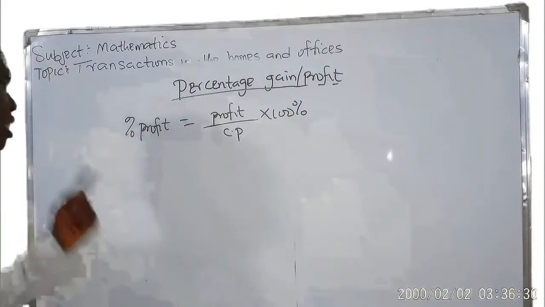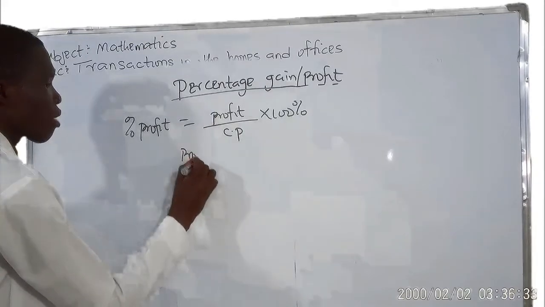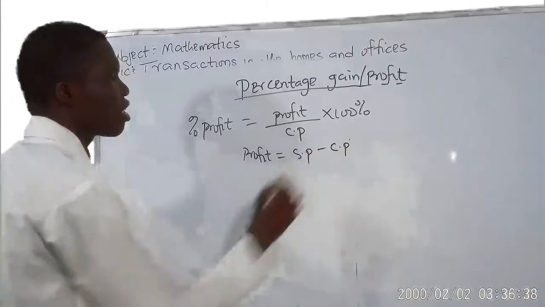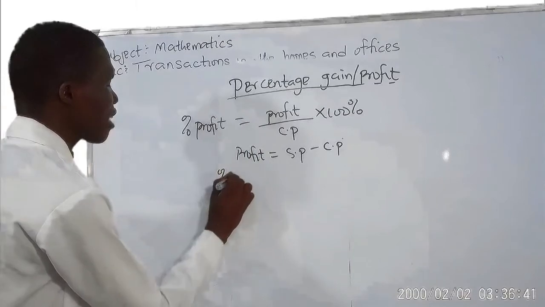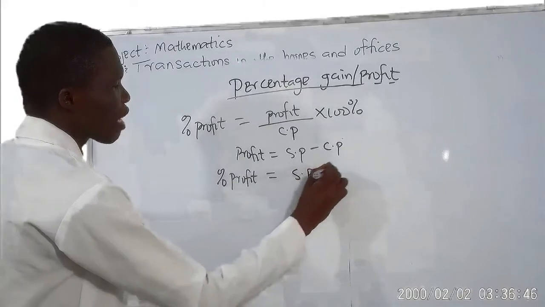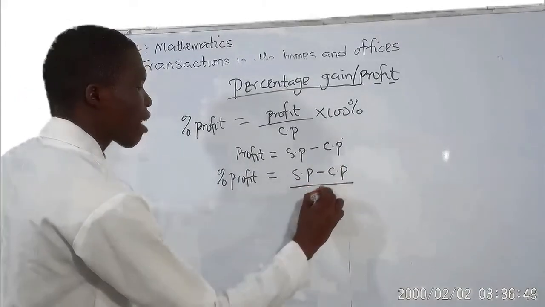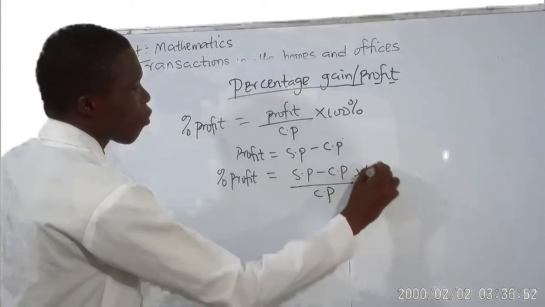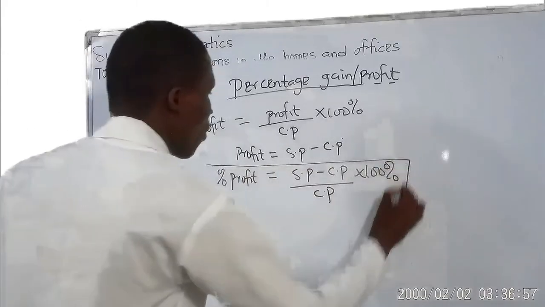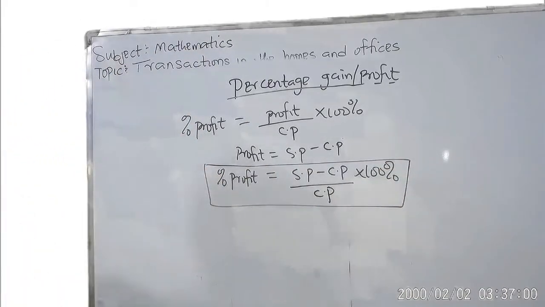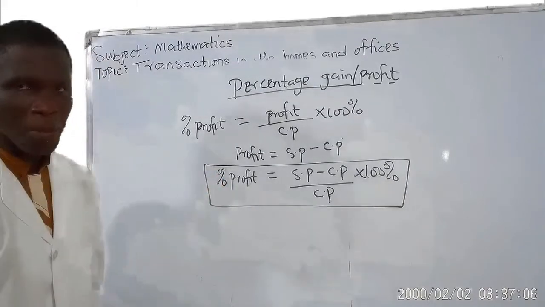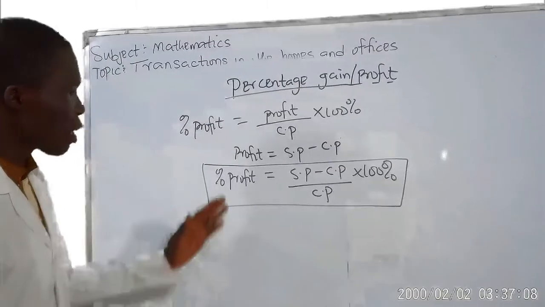Now you need to understand that profit equals selling price minus cost price. Therefore, percentage gain or profit can still give us selling price minus cost price divided by cost price times 100%. So this is the formula we are going to use to find percentage profit. So let's take a look at this example and see how we can apply this formula in solving